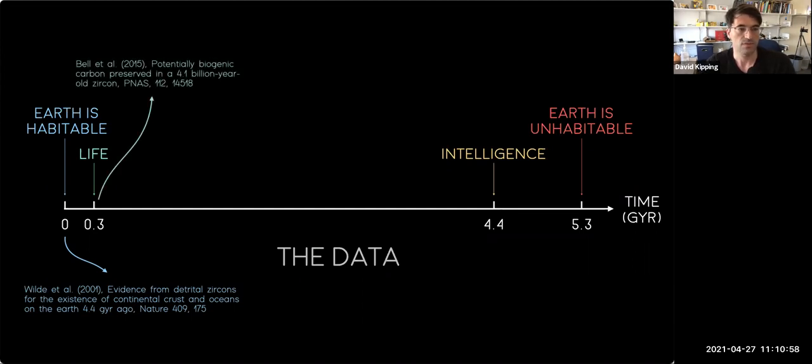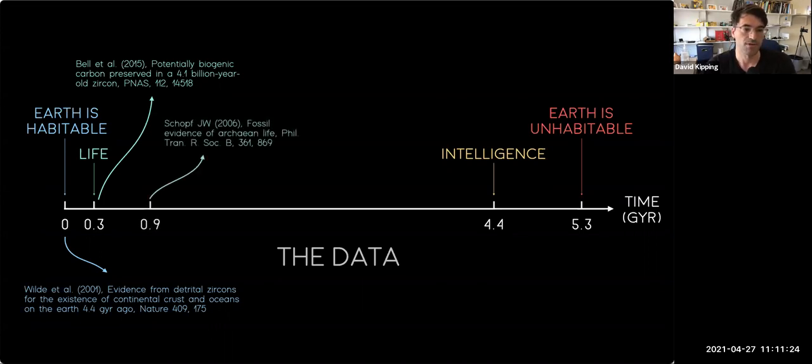Going forward, we see the first evidence for life. It's controversial evidence. It's not widely agreed upon. But 300 million years later, you see an excess of carbon-12 over carbon-13 in zircon deposits. As you probably realize, life prefers to work with carbon-12 over carbon-13 when it can. It's just energetically easier to work with. So that imbalance has been suggested as evidence for life. The most unambiguous evidence for life comes a bit later on, though, 900 million years, when you actually have microfossils.